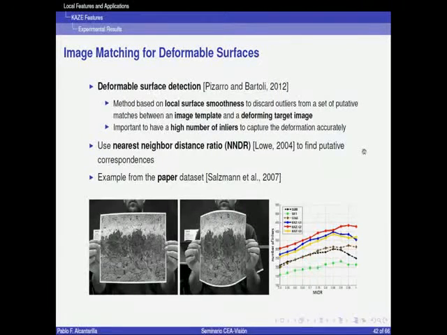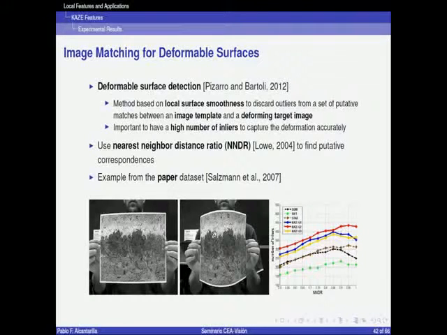In deformable surface detection, imagine that we have two images. We have the image of one template. The template is flat, so that means the template or the object doesn't suffer any kind of deformation here. And then we have another image in which the template is deformed. So we want to find features in the template and match these features in the query image that has a certain kind of deformation. In these kinds of problems, we cannot use classical epipolar geometry because the objects are not rigid. So we need to come up with different algorithms that are able to take into account this